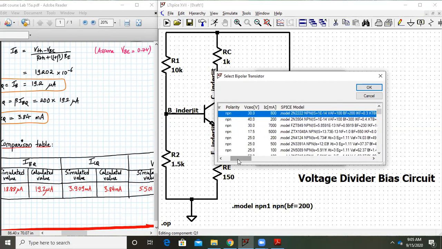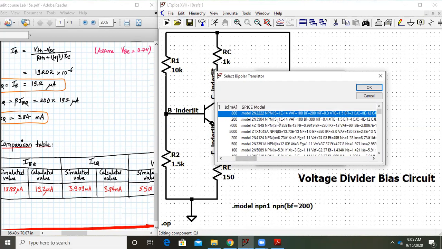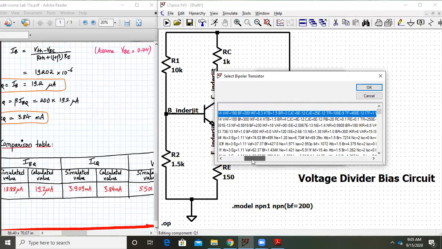Here you can see if you scroll down, there is a SPICE model. So here there is .model, the transistor name is written, and then NPN. Same way as we have written. So our own transistor contains only beta value, but these transistors contain a lot more parameters. So you can read IS. This IS is the reverse saturation current. You might have heard of it. VAF is the early voltage. You will be hearing about it soon. It's around 100. And see this BF. BF is around 200. So you select a transistor with a beta value of 200 over here.